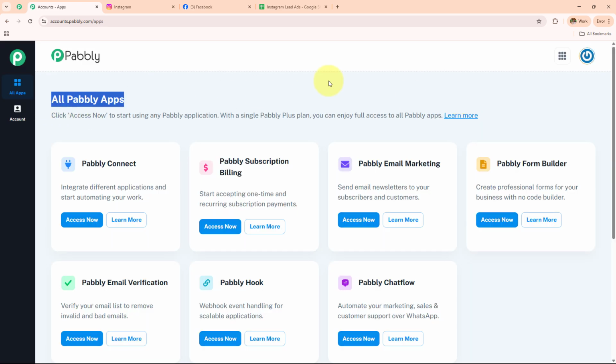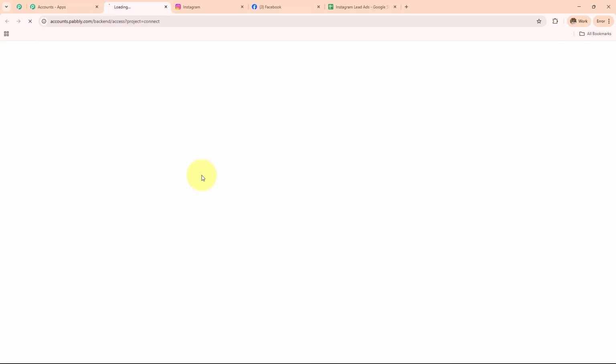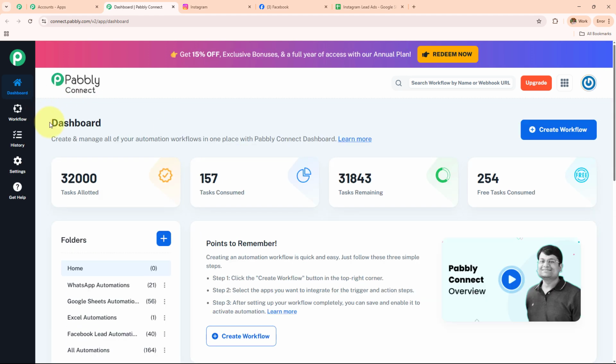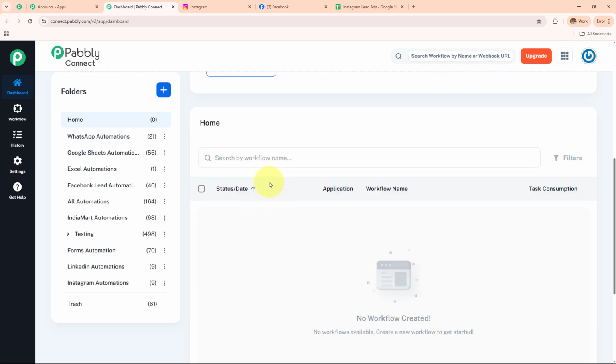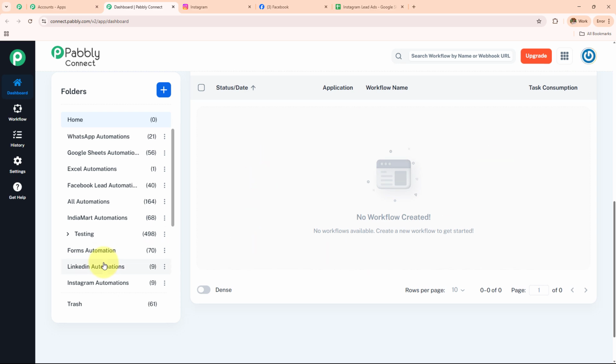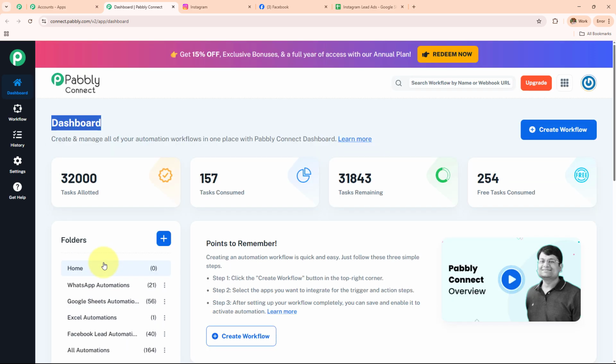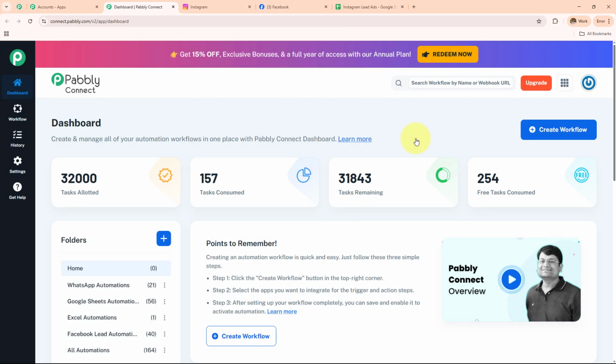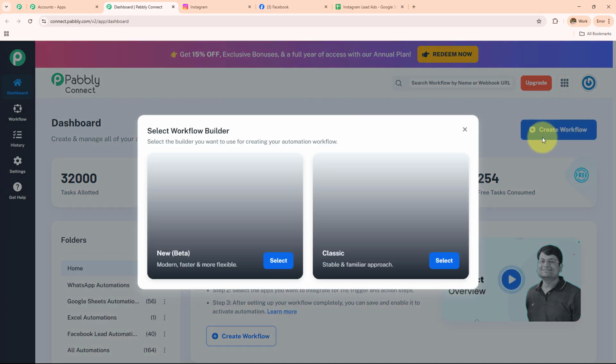And here the all Pabbly apps page has appeared, which is showing me all the Pabbly applications. I'm going to click on this Pabbly Connect Access Now. And here it has taken me to this dashboard where I will be able to find all my workflows and all the folders which I've created. If you want to create a new folder, simply click on this plus icon, and from here you can create a new folder. For now, I want to create a new workflow, for which I need to click on this create workflow button,